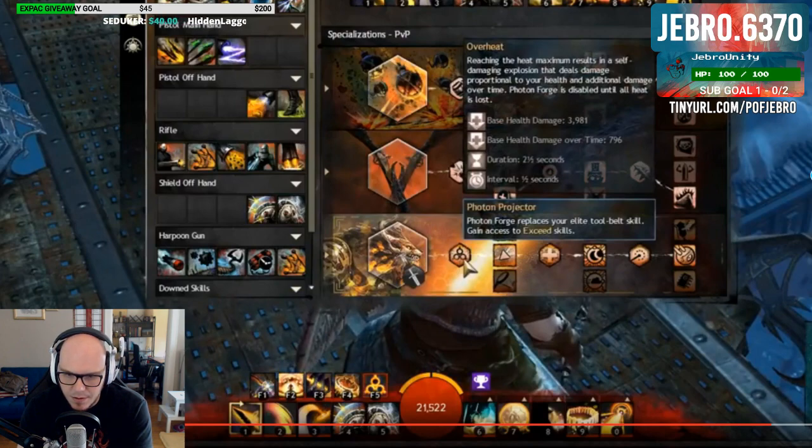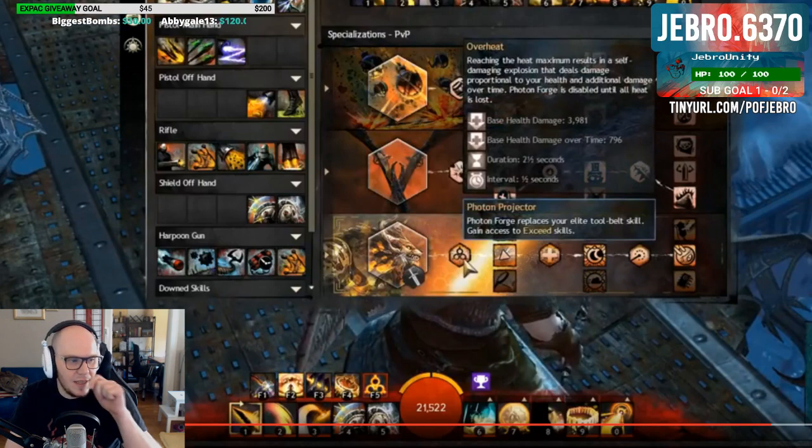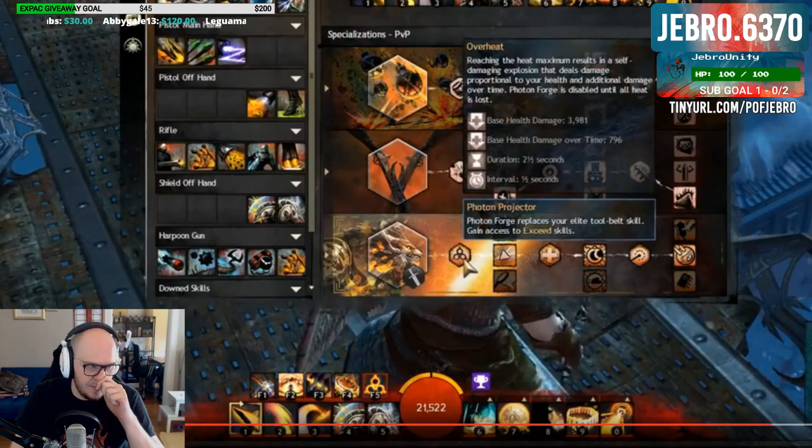It's not 18.5k, is it? I'm just trying to think of the total. I need to get a calculator out because I'm rubbish. Yeah, 5 ticks for 2.5 seconds. Let's just do the math quickly. So, this is in terms of the 21.5k that we've got right now, but we can get an idea of how much health gets taken off percentage-wise. So 21,522 minus 3,981 is 17,500-ish. And then we do minus...